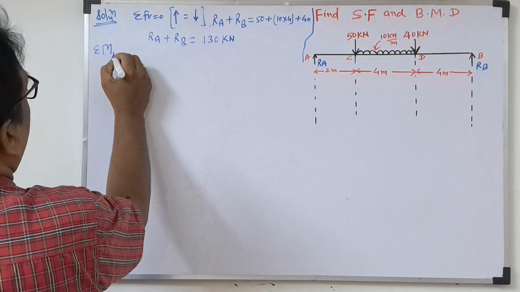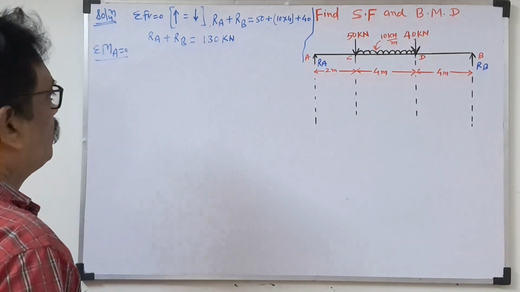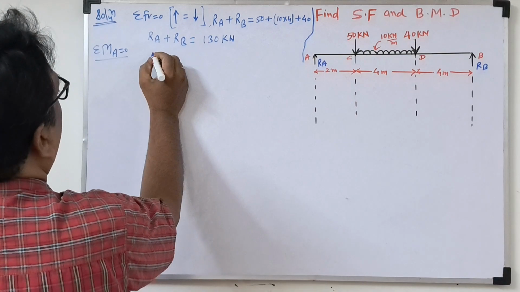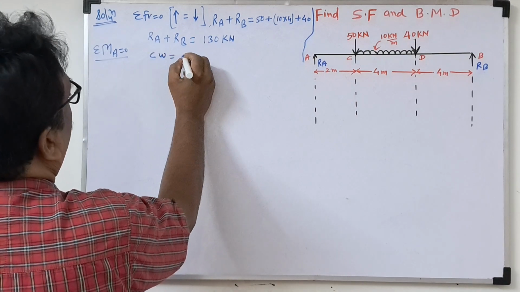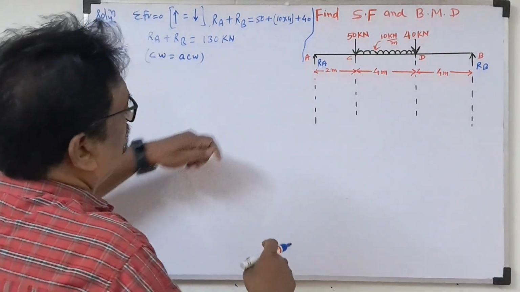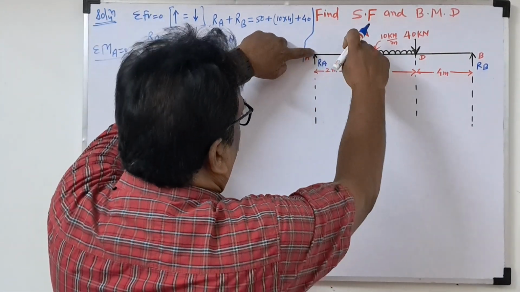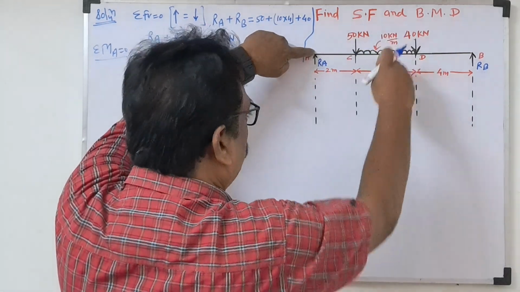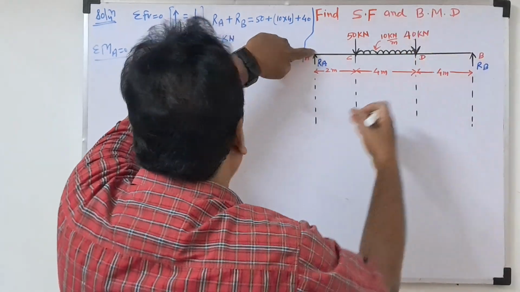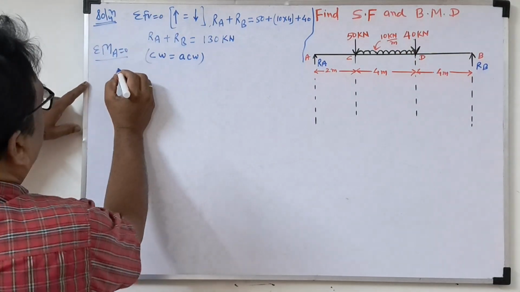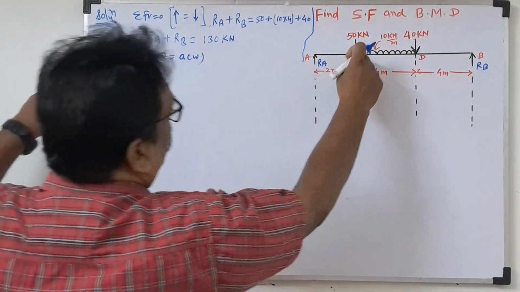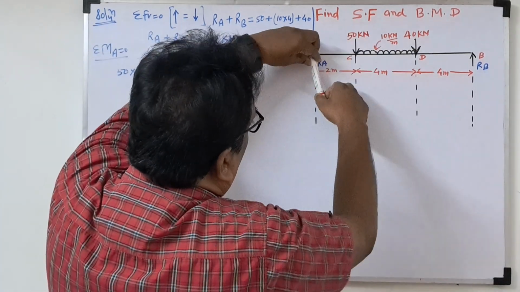Summation of moments about A equal to 0. So here we will take the moments: total clockwise moment is equal to total anticlockwise moment. If you take moment about A, this point is fixed. So 50 is coming clockwise, the UDL is coming clockwise, 40 is coming clockwise, and RB is coming anticlockwise. So clockwise, we write 50 into 2 plus